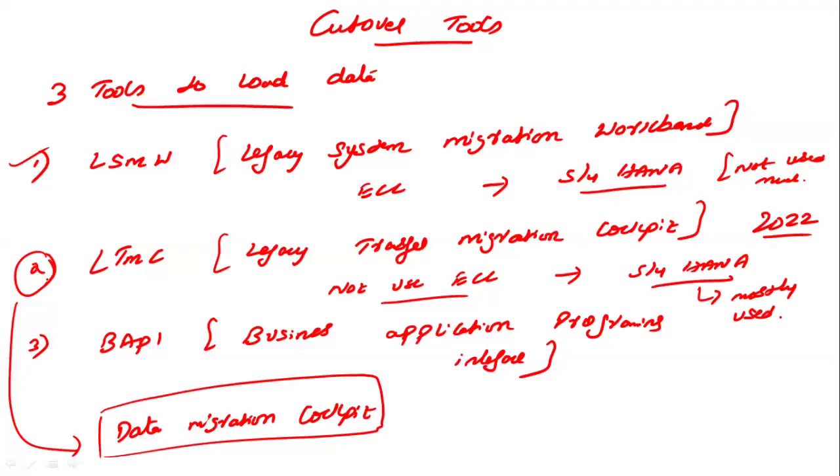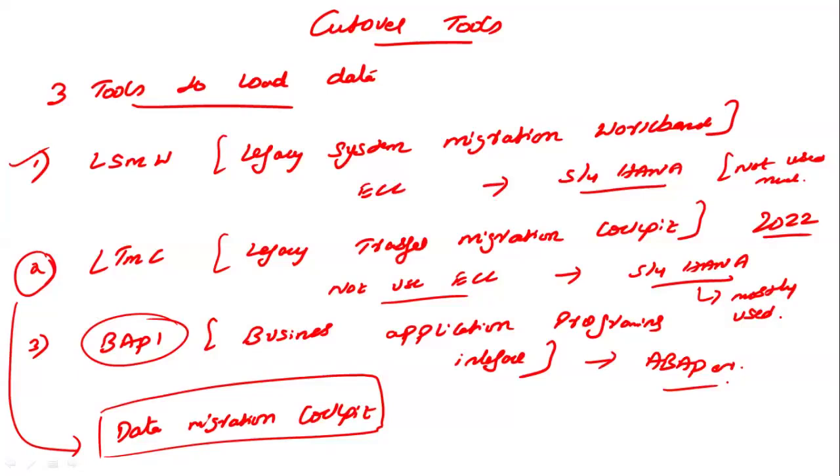In this LSMW and LTMC, you can directly enter the data, whatever you have in Excel or whatever data business provides from legacy system in Excel. You can enter those values and you can load the data. But in BAPI, you are going to create a program. That program is not created by a functional consultant, that is created by the technical consultant. An ABAPer is going to work here. He is going to create a template on his own and build the program,